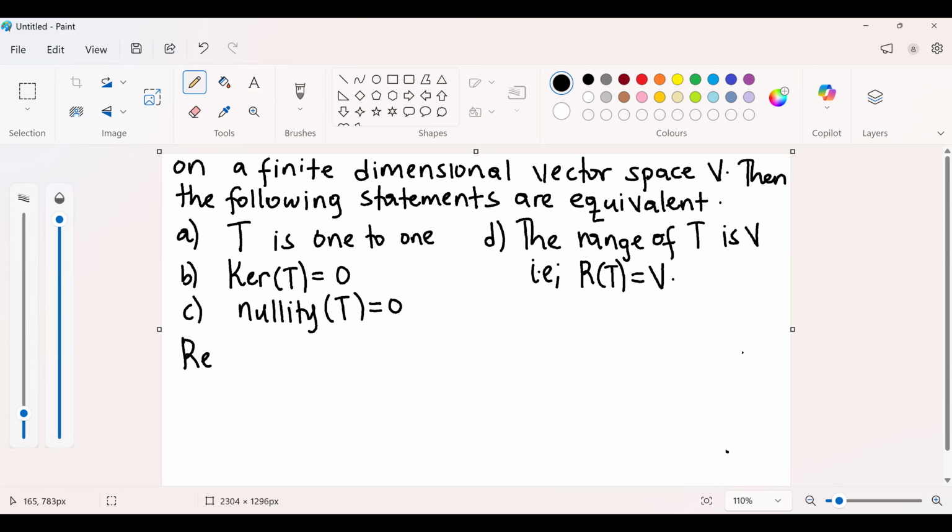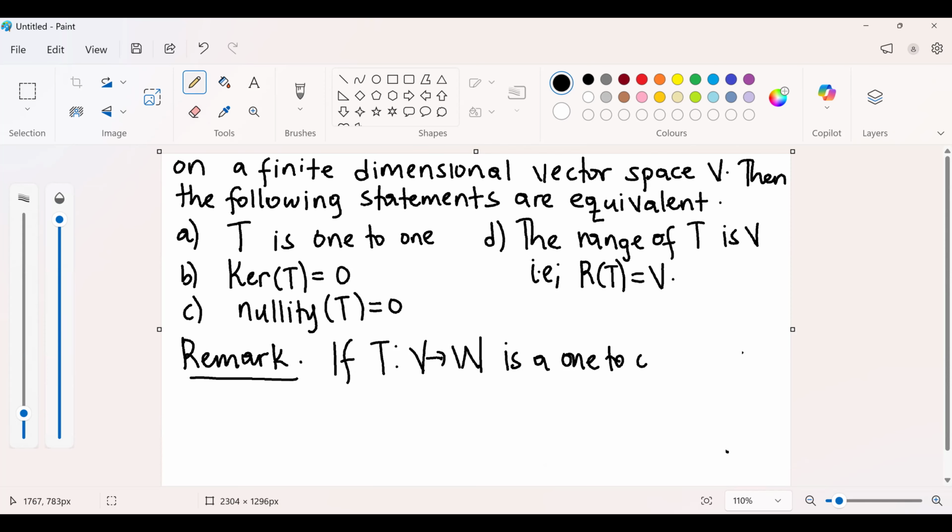Remark: if T, which takes V to W, is a 1-to-1 linear transformation, then if the map is one-to-one, it means that